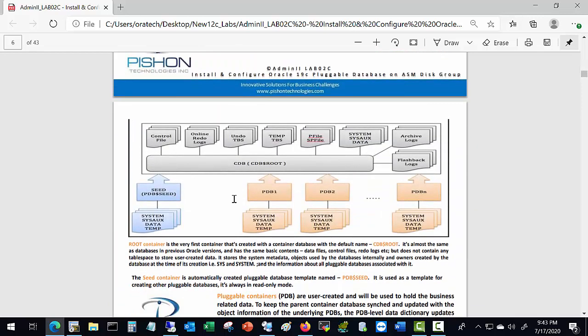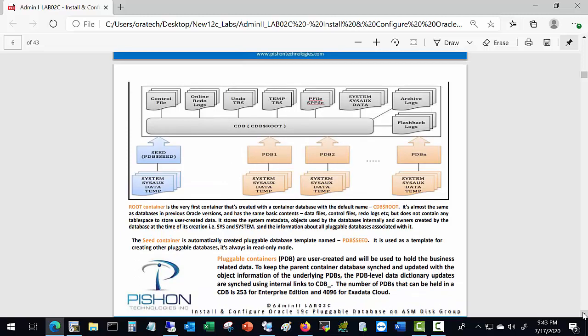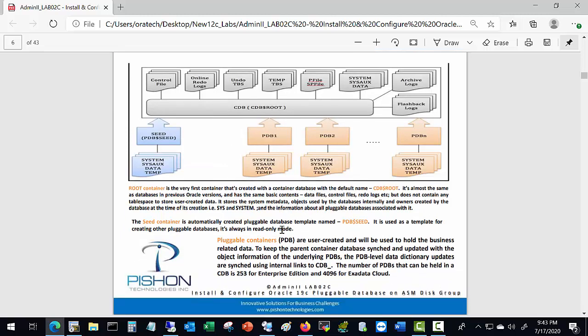All right, let's move forward. So another advantage of having this multi-tenant architecture is that a whole lot of things can be shared. For instance, we can decide not to have the undo tablespace for each of the pluggable databases. So the undo tablespace will be in the root container. The archive logs, the redo logs are now in the root container, which means that even if you have